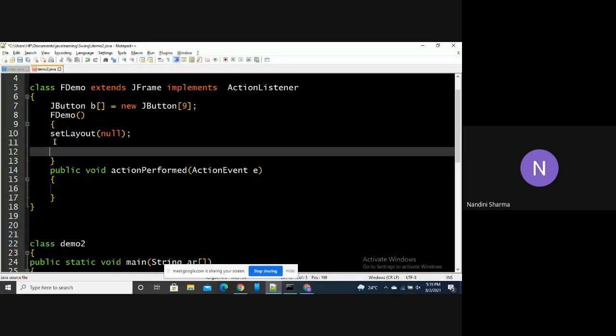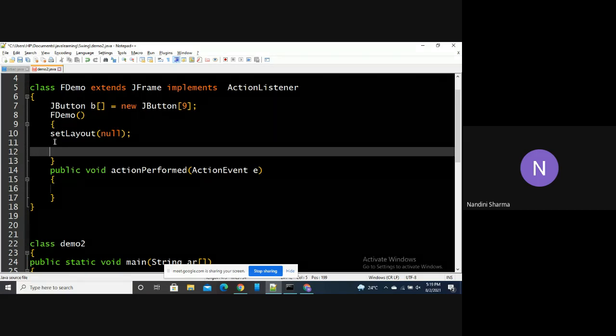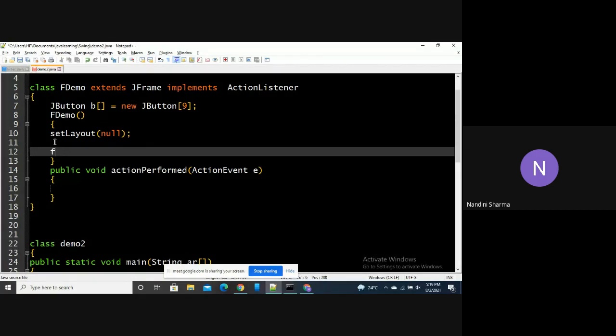Now we have declared that outside our fdemo, inside class fdemo, but now we will define them. We will use for loop, one for loop for the rows and one for loop for the column. For int i equals 1, i less than equals 3, we will increment it.